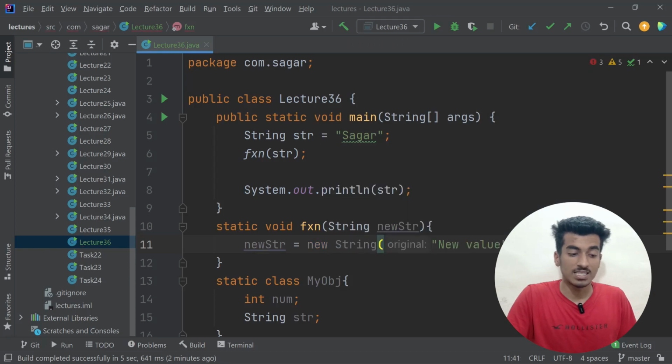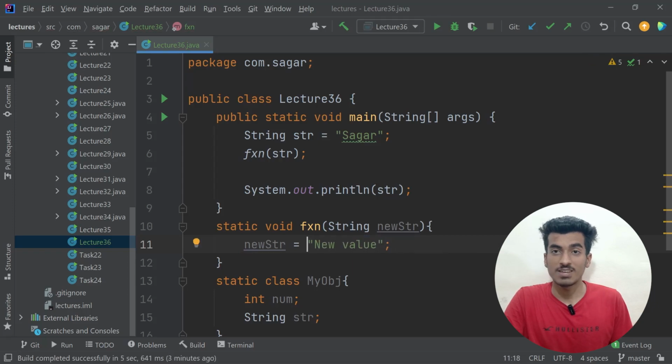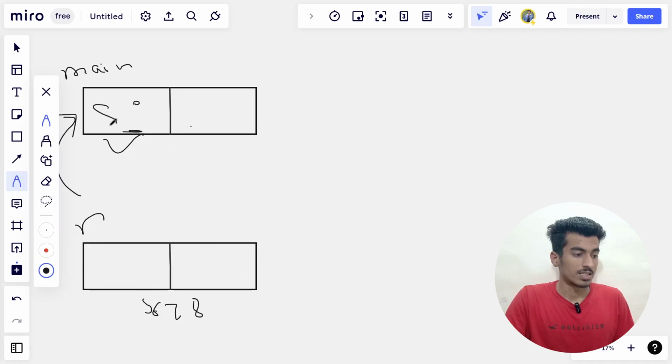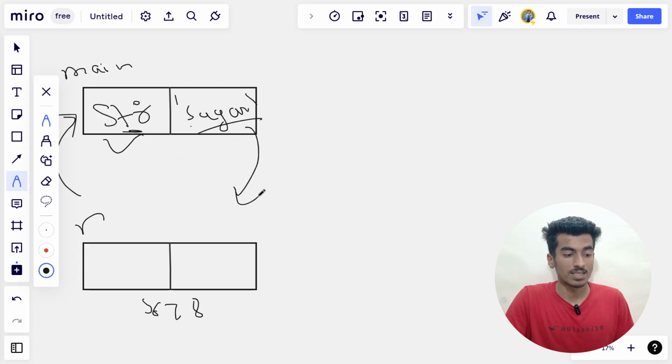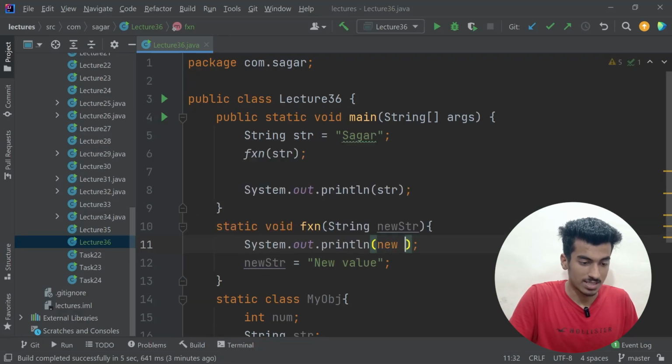I'm not saying that this thing is equal, and there is a difference when we are writing new and after that the string constructor and when we are writing only this. So if you want to know the difference, then go watch our string video, and it is a very common thing. It has a very simple difference. So here what we are doing is we are creating a new object of string, and let me just show you here. This is our str, and we are passing here Sagar. So this will be passed here, and after that when we are going to pass here, let me just print it once, new str